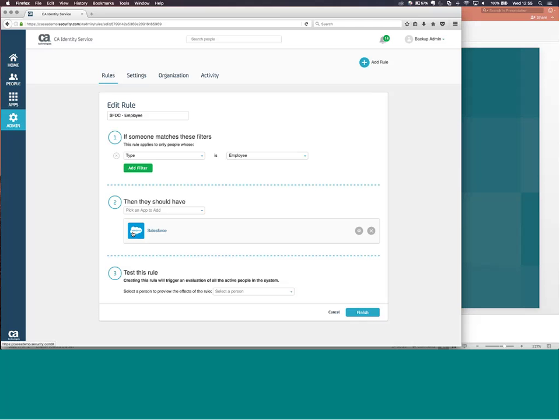For the first iteration, we're going to go with the rule on how this fires. So when someone is a type employee, so when their user type is employee, this rule would fire and they would gain access to salesforce.com. If we translate that, or do the equivalent on the CASSO or the hybrid use case,